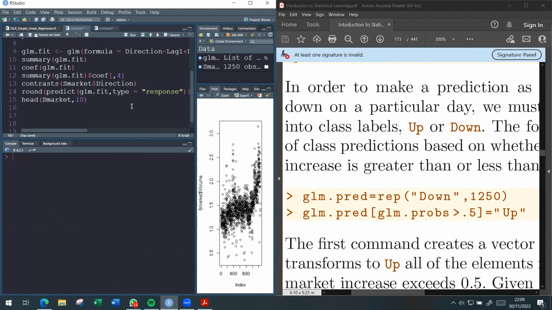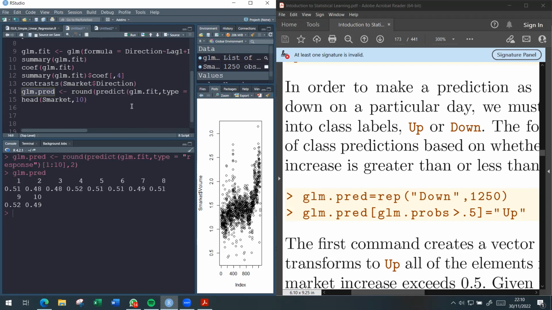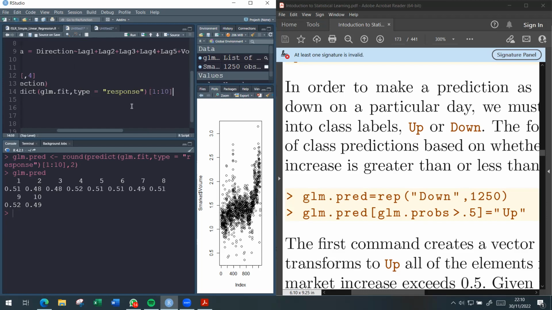Let's see. So what are we doing? Well, we created these probabilities. Let's call them GLM predict. Not just the first 10. I want